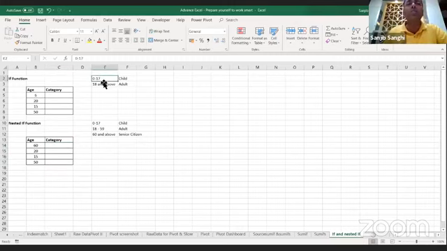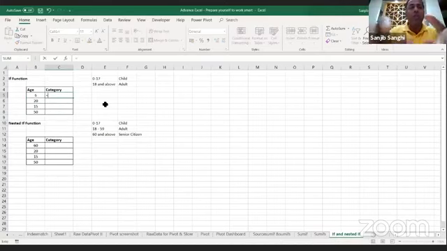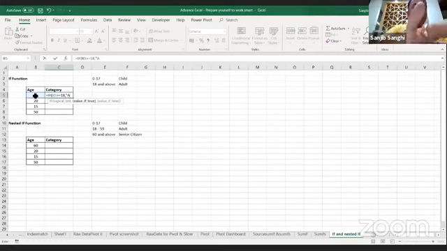If anyone in the range of 0 to 17 is a child, and anyone who is 18 and above is an adult. If this is the condition and I want to know whether it's a child or an adult, I'll say equals to if. Boom. What's my logical test? My logical test is the age. Now, what is age? If age is greater than or equal to 18, comma, I will put in a quote. I'll say it's adult,